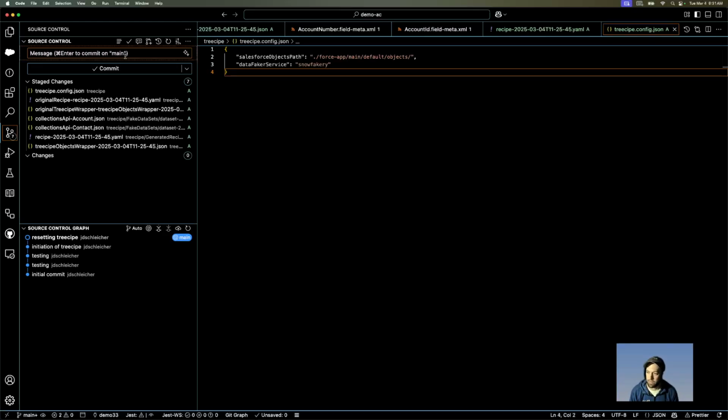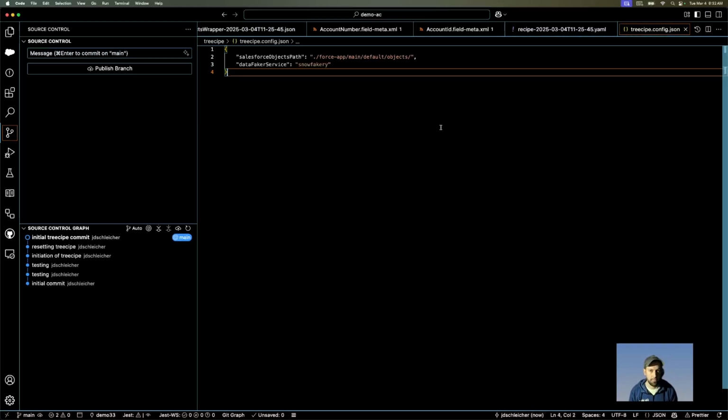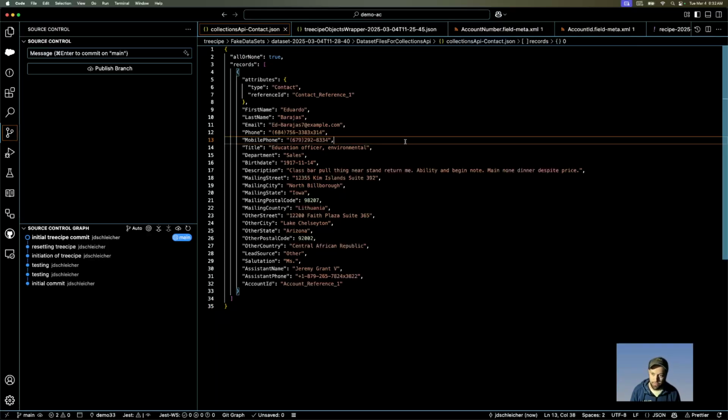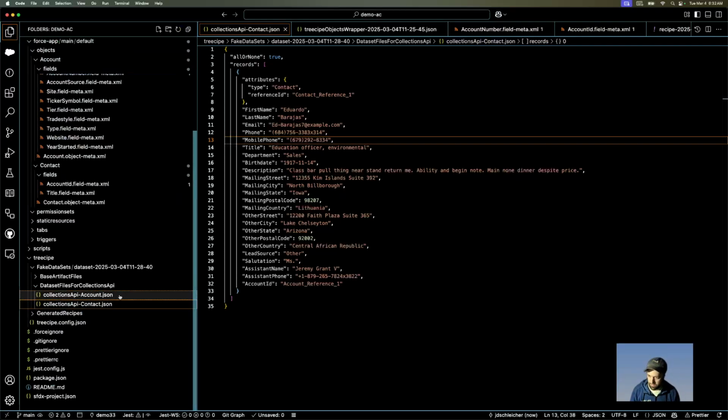The VS Code source control extension here is so nice. Yeah, no terminal or nothing. It's really easy. So these files are staged, and we just want to say, hey, initial Treecipe, and there that goes. Oh boy. Alright, so now we have, coming back to our file explorer, we have our data sets,